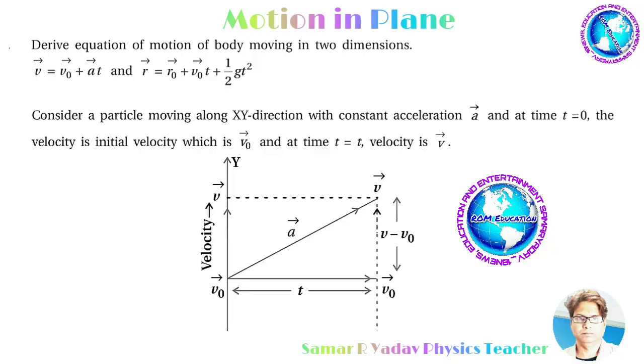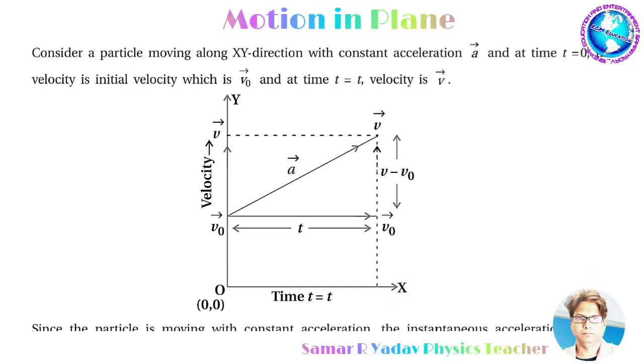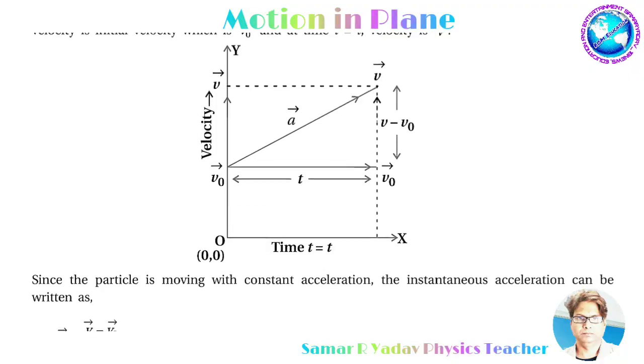Vector a: at time t is equal to 0, the velocity is the initial velocity, which is vector v0, and at time t is equal to t, the velocity is vector v. You can see in the figure, at t is equal to 0, the initial velocity is v0, and at t is equal to t, the velocity is v vector. Acceleration is here a. So you can see in the time and velocity graph,